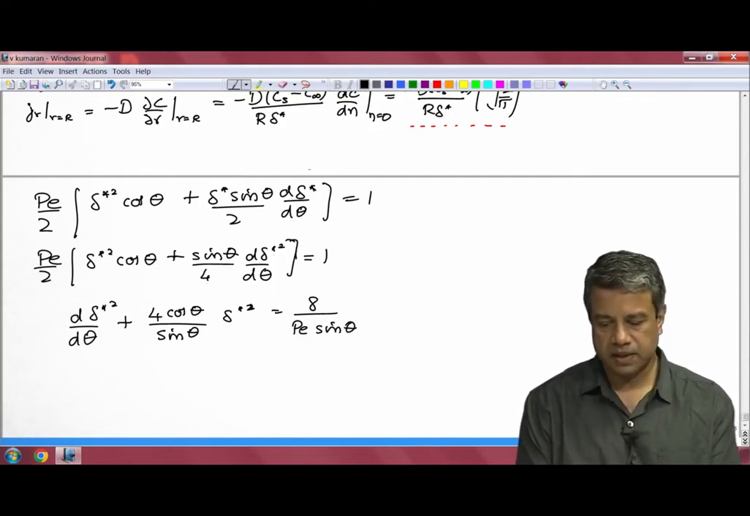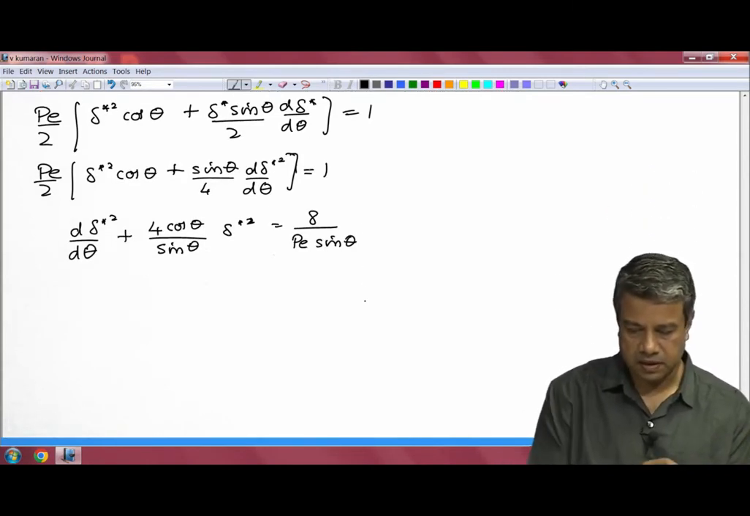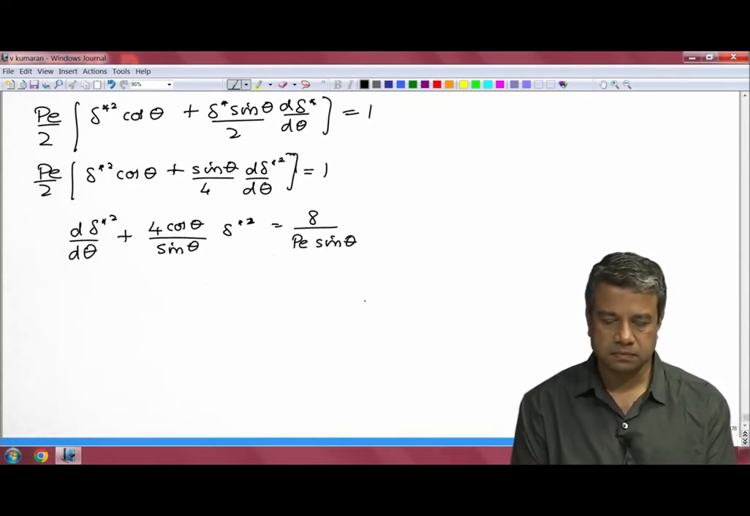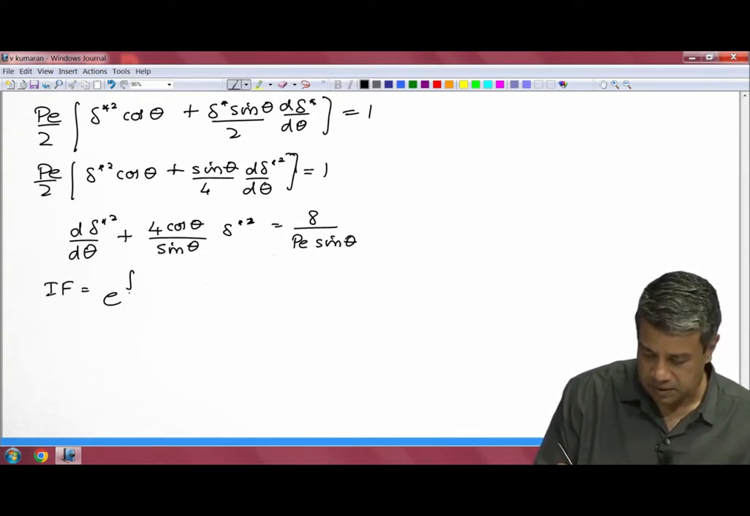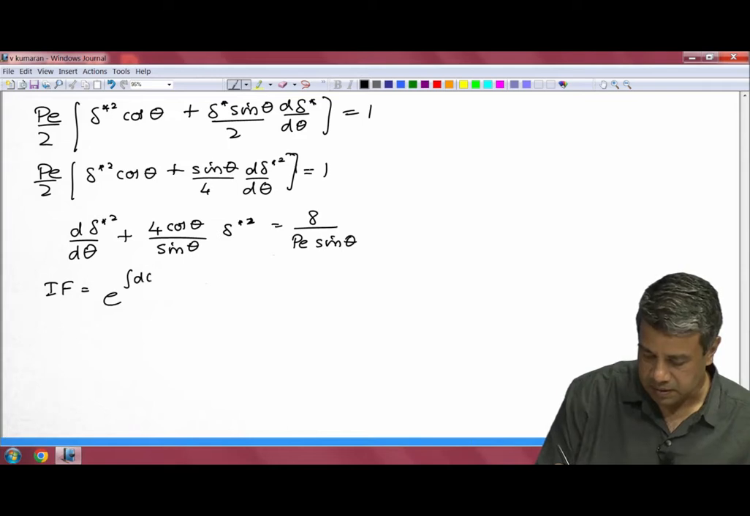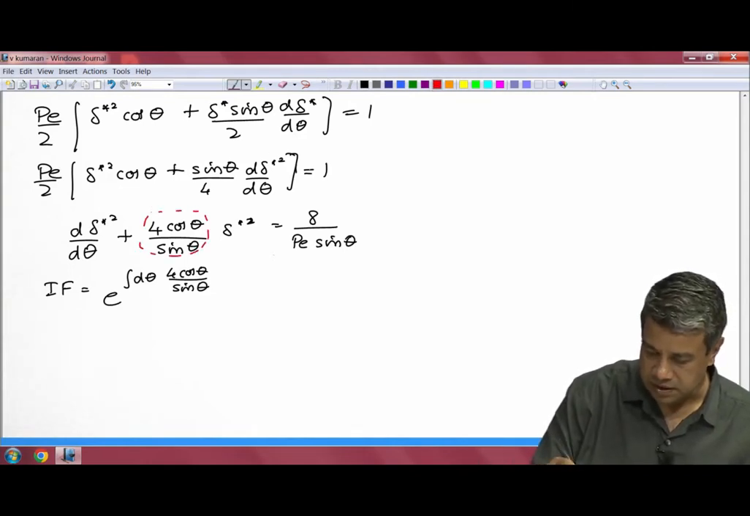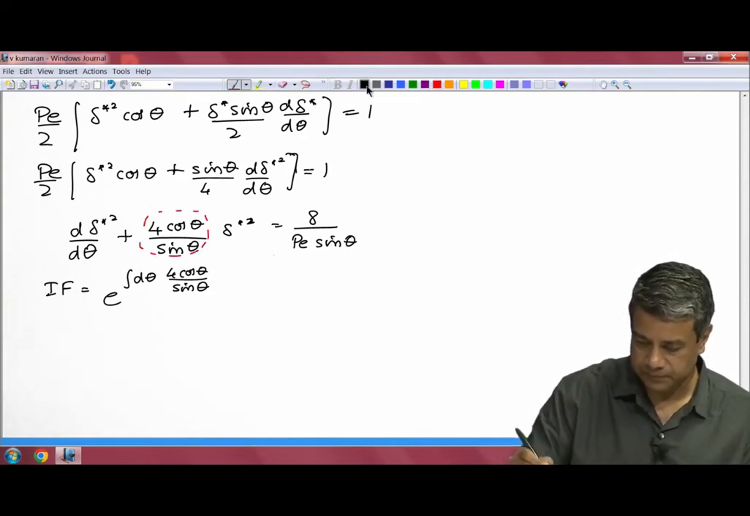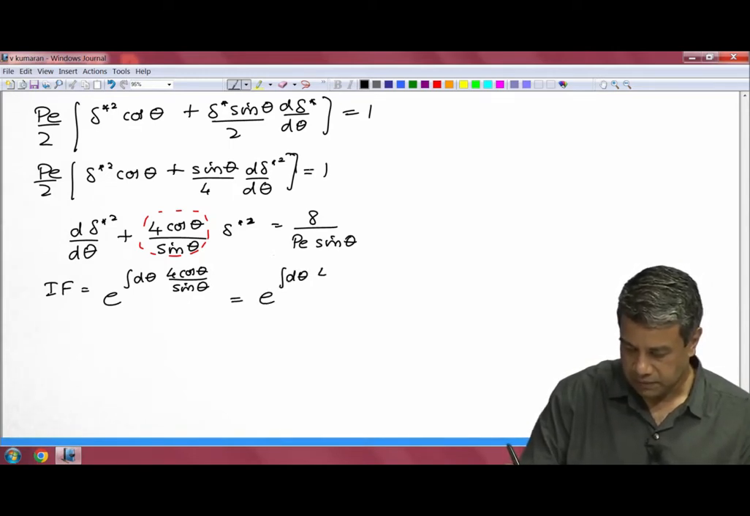So, this is the expression that we get for the square of the boundary layer thickness, delta star square. Okay, this is the expression for delta star square. Integrating factor is e to the power integral from 0 to theta d theta, or this is actually an antiderivative, it is not a definite integral, d theta 4 cos theta by sin theta. Exponential of the integral of that is equal to e power integral d theta of 4,